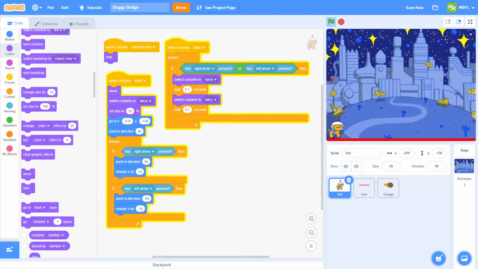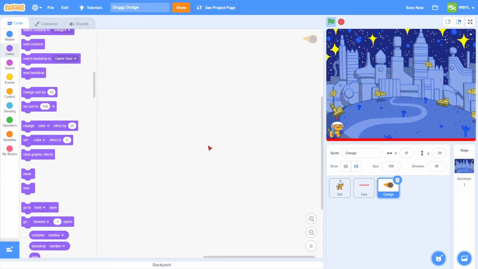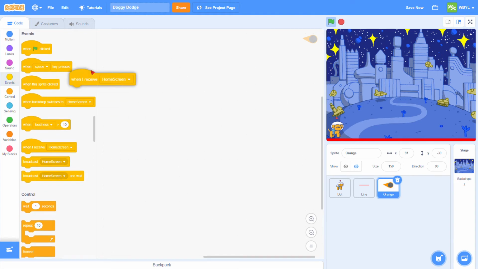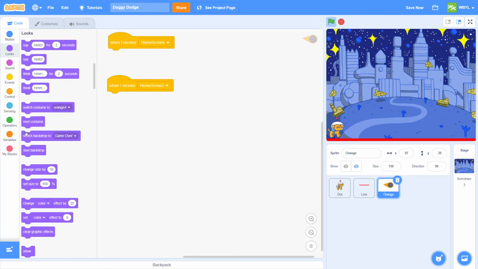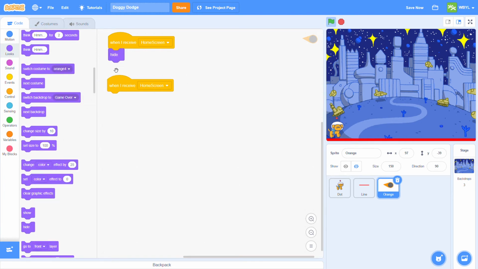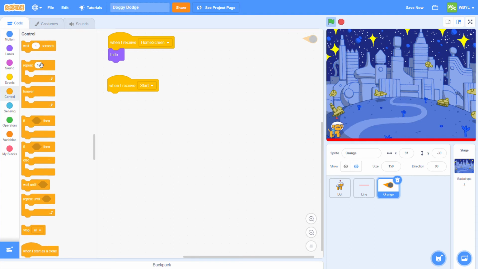But now that we've got our dog moving, we're going to go over here to our orange, or meteorite, or object fallen from the sky, whatever. We are going to go events when I receive home screen. Actually, let's duplicate this so we can do it both at the same time. But when I receive home screen, we're going to hide. When I receive start, we are going to control, we'll wait 1 second, grab a forever loop,